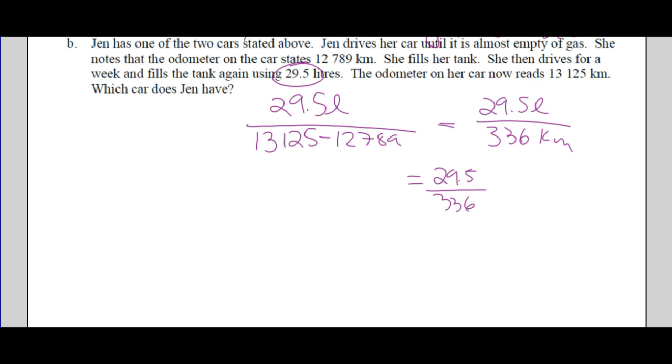So what am I going to divide by? 3.36, right? Now if you want to know what that number is, just take this, divide it by 100. That'll tell you that if I divide by 3.36, I will get 100 on the bottom, right? So now on the bottom we have 100 kilometers, and up top we have 29.5. 8.77, so let's call it 8.8